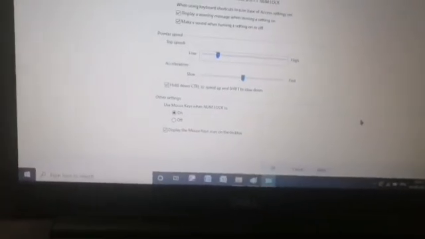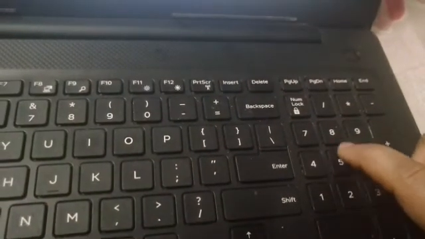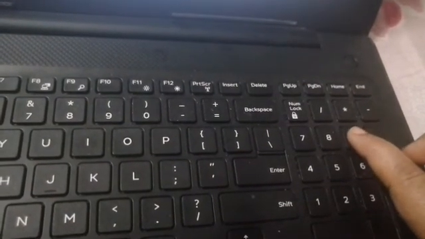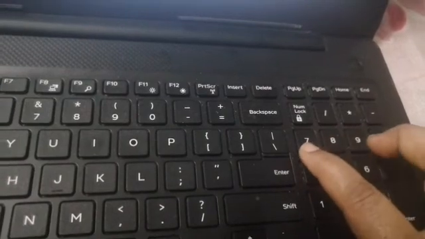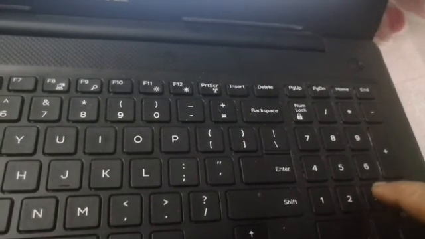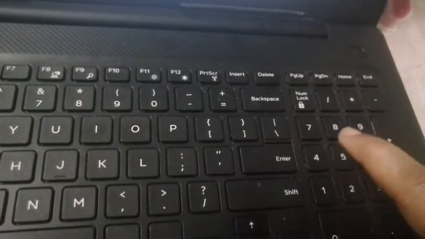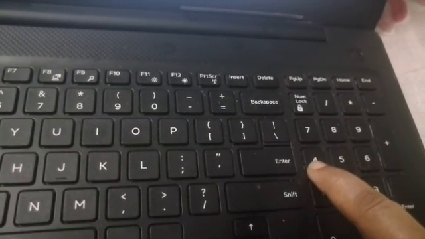Now students, I have joined with my mobile, and you can see that I am pressing the 9 key here. I am pressing the 9 key on my keyboard, and it will move upward and to the right. If you have to go to the upper left, then you have to press the 7 key. If you have to move down left, press the 1 key, and to move down right, press the 3 key. The 5 key is used to enter something, the 4 key moves straight left, and the 6 key moves straight right.